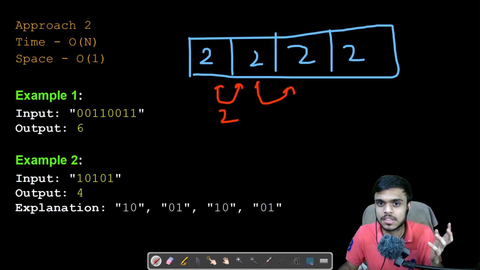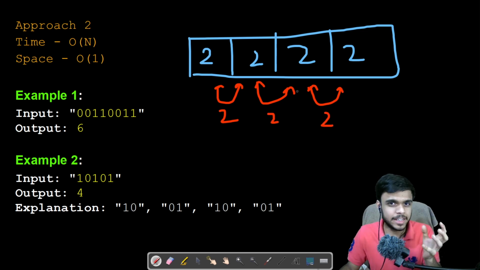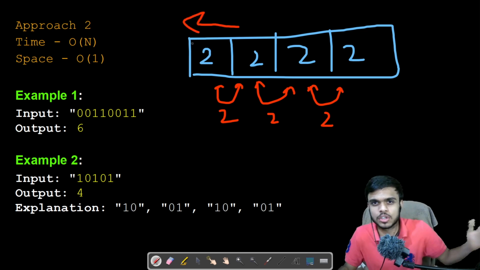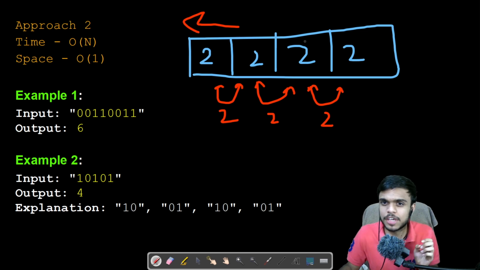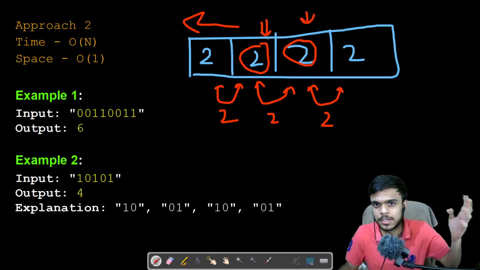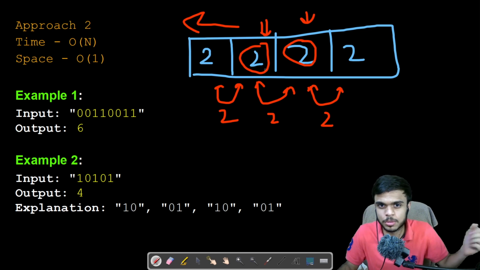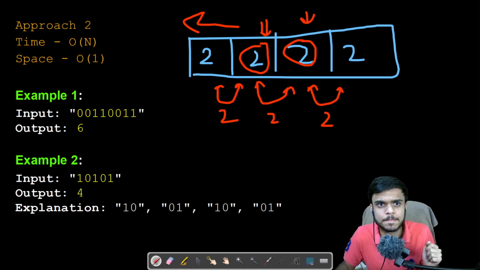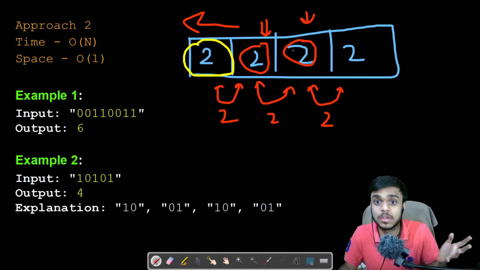So this and this. Okay, so I want you to observe one thing in our first approach: while comparing any two consecutive groups, do we really need all the previous groups that we have just created? For example, we are on this iteration and we are comparing these two. This is our current pointer and this is one previous group. Do we really need this one? Do we need this value? No. If we move forward, we do not need this one too.